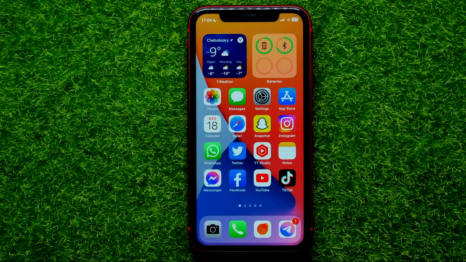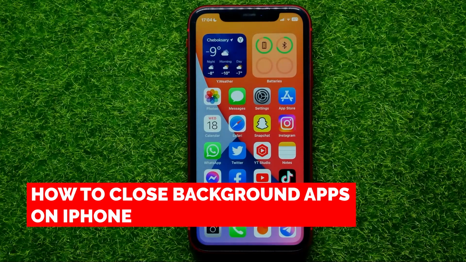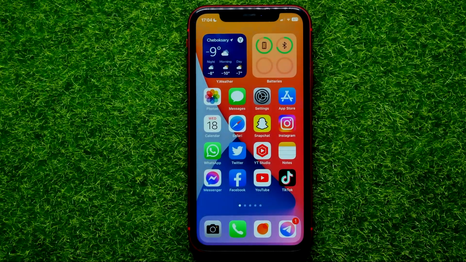Hello guys, welcome back. In this video I'm going to show you how you can easily close background apps on